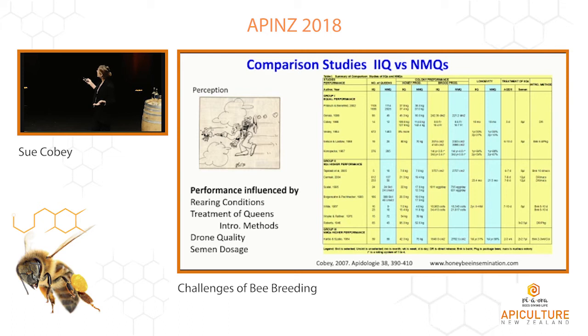The amount of semen they gave these was from 8 to 12 microliters, which is a kind of normal dose. We give 8 to 10 microliters of semen. There's about a microliter of semen in each drone. In the Harbo study, he gave 2 doses of 3 microliters, so she's getting quite a bit less. The thought behind that is that the smaller doses will migrate a little bit faster. So she's got,